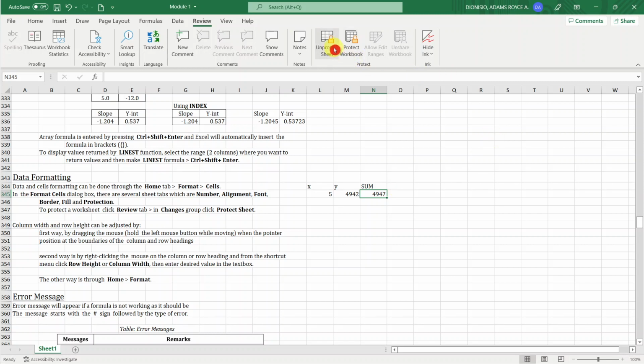Okay, so unprotect na lang natin yung buong worksheet ulit. Password. So make sure lang yung password mo hindi mo makakalimutan, kasi pag nakalimutan mo yung password na yun, I think there's no way para ma-edit mo pa yung mga values dito sa worksheet mo. Okay? Although ako